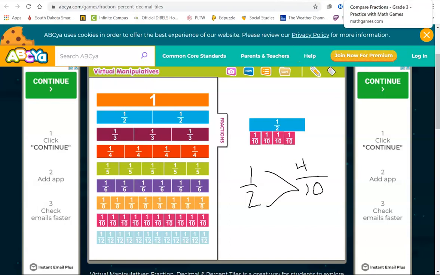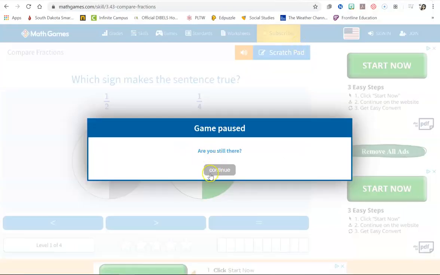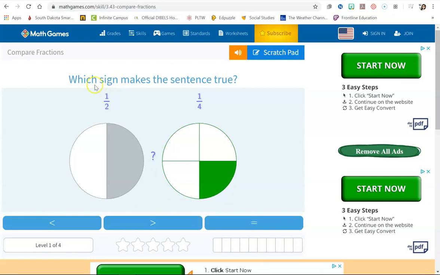Next I have on the slideshow is going to math games and playing. So you're going to go to math games and compare fractions. And I do have the link for you. So it's going to look like this. Which sign makes the sentence true? So here I have 1/2 of my circle shaded in, and right here I have 1/4 of my circle shaded